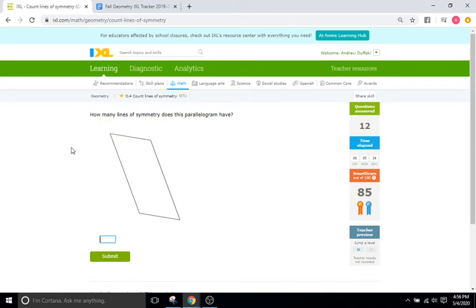Okay, this is a standard parallelogram. This is what I was warning you about earlier. Students will try to put it kind of like diagonally like this, but if you do that, this corner is going to end up like over here, and this one like over here. They're not going to overlap. If you try to put it down the middle, this one is going to end up here. This corner is going to end up here. It doesn't work. So this parallelogram, it's not a rhombus because all 4 sides are not equal length, right? It's not going to have any. So remember that, and you should